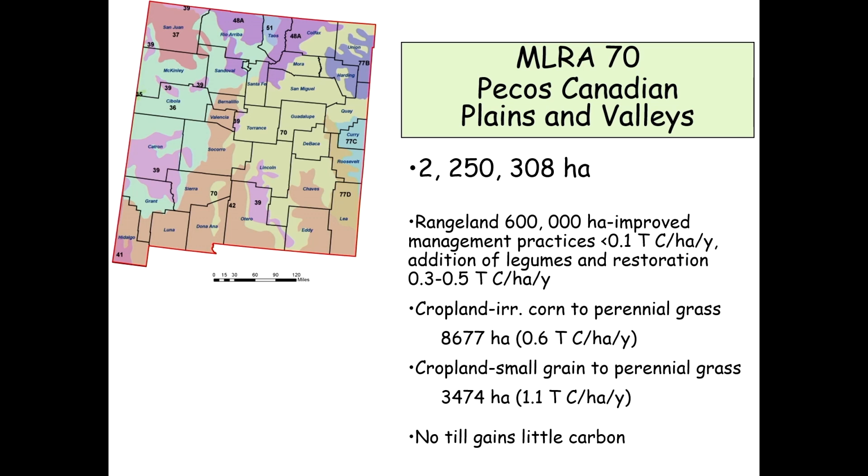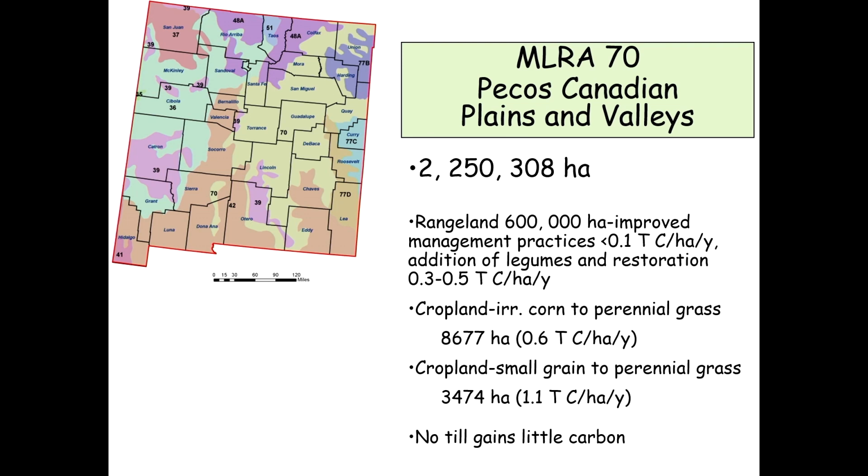The addition of legumes and restoration, much better, except we don't have those technologies. The cost of trying to establish legumes on existing rangeland is not particularly high if you hit it the first time, but we never hit it the first time. So double it, triple it. That's a technology that has promise, but we don't have.